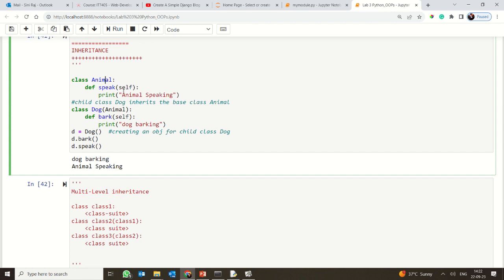It will simply call whatever method is there, whatever procedure has to be done, and its corresponding answer will be printed. So you will be able to access it using a child class